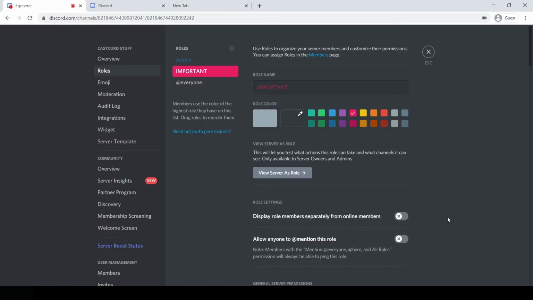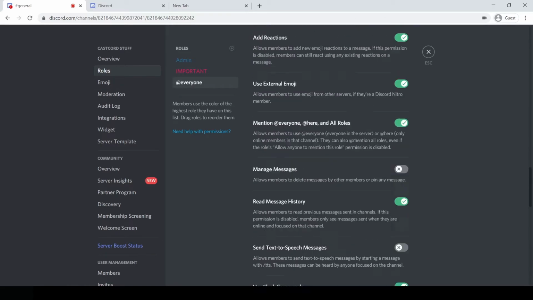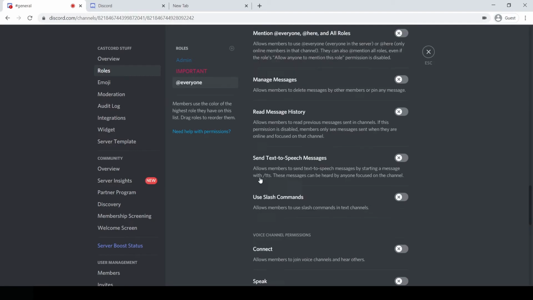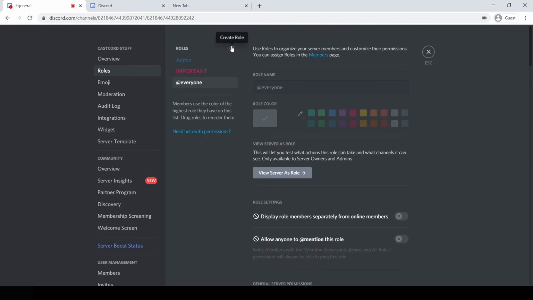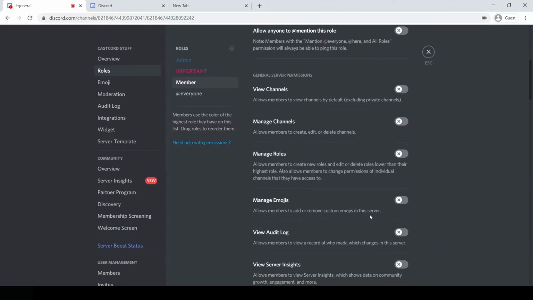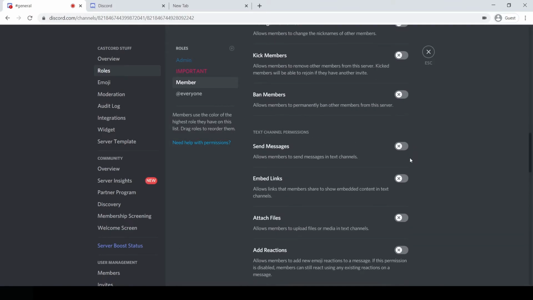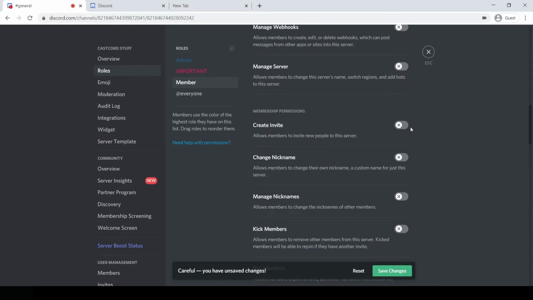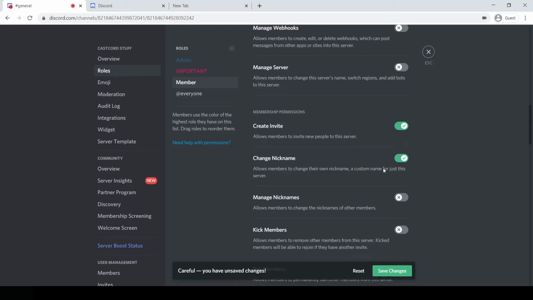And so, for an example, a lot of servers like to deny all of their permissions from everyone. If you go down here and click clear role permissions, and then they go ahead and add like a verified member role, or a member or a verified. I'll just leave it as member. But then they like to go ahead and give all their permissions to this role. So, you know, view channels, create invites, change nickname,